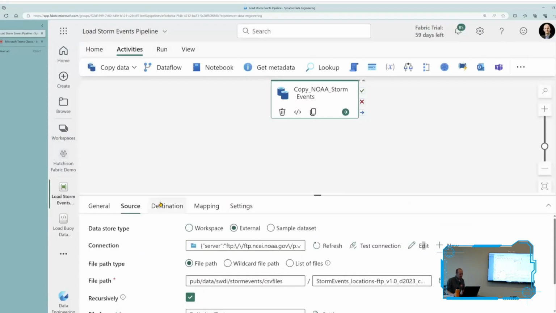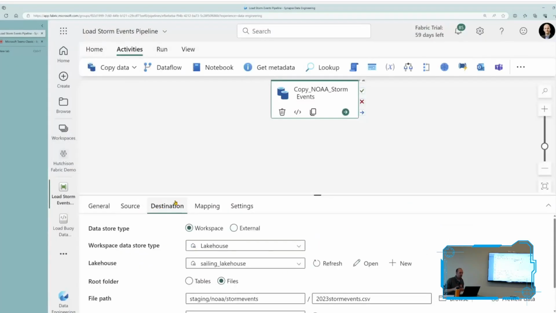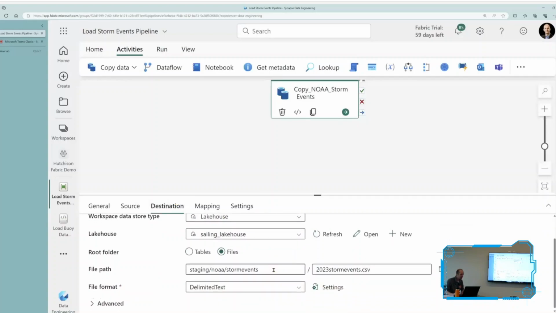And then the other component of the copy data task is, you've pulled the data, where do you want to put it? In our case, for this demo, we're putting it in Lakehouse, but not a table, because that would be logical, but we're doing files for a good demo. So it's going straight to a CSV file, and that's what we kind of showed you earlier. So it writes a CSV file to our Lakehouse,